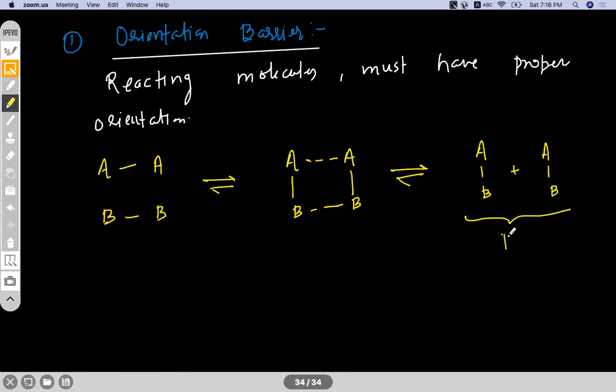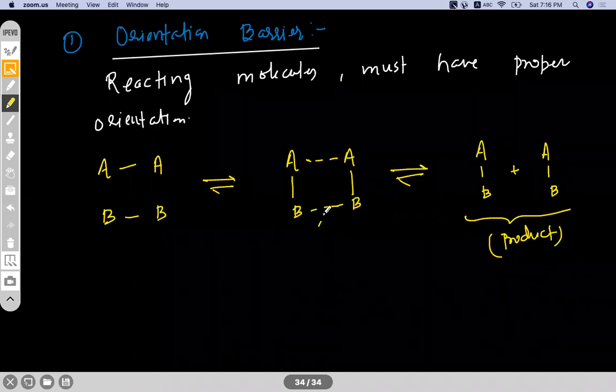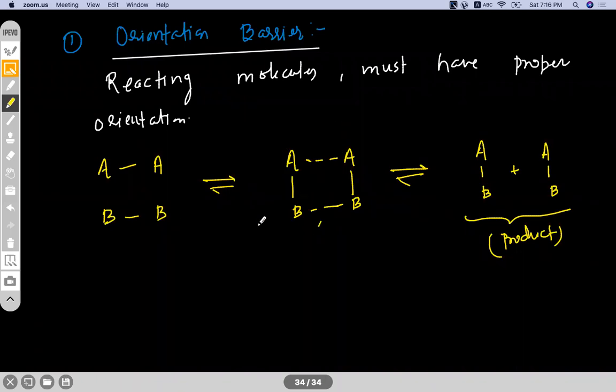This is the product we get, provided the other barrier, the other condition, is satisfied. If the other condition is not satisfied here, this intermediate forms and then it is converted back into the reactant. This cannot be the final product, never. This will form, and either it will convert into the final product, or it will convert back into the reactant. This won't be there for long because it is an activated complex. It has the maximum energy, highly unstable. So we can say it is the activated complex. The peak of the graph.